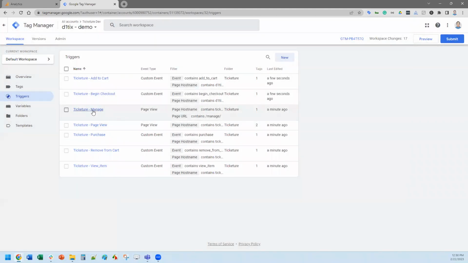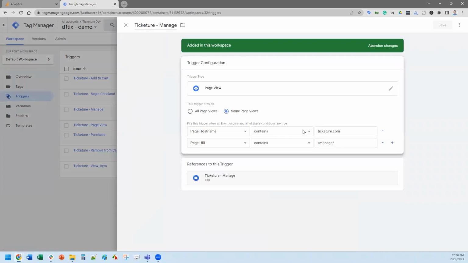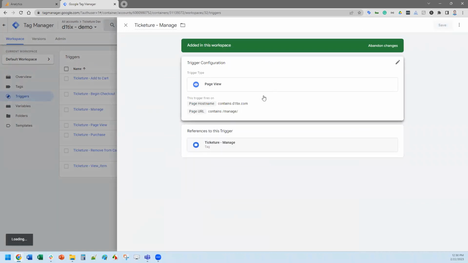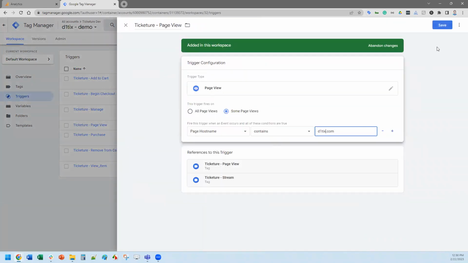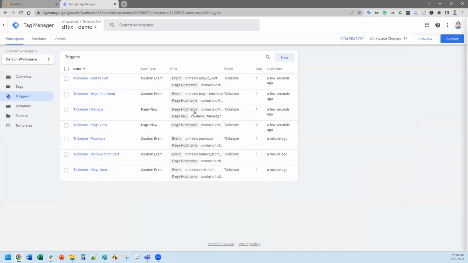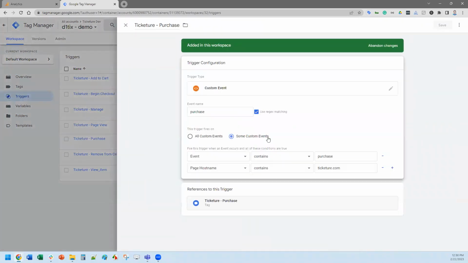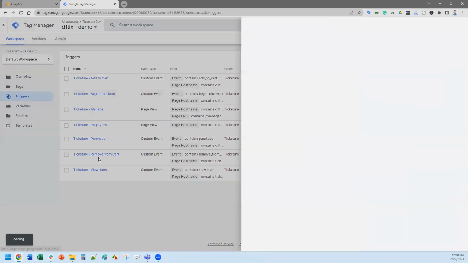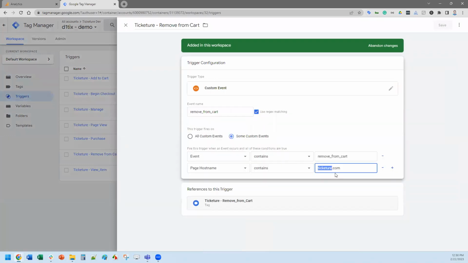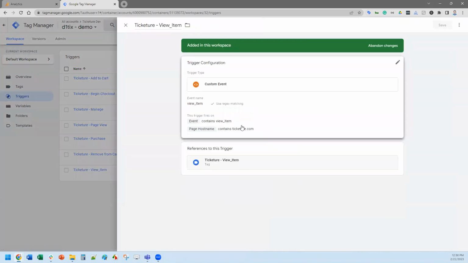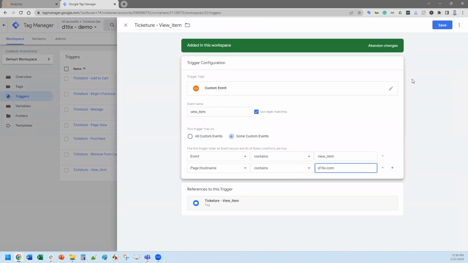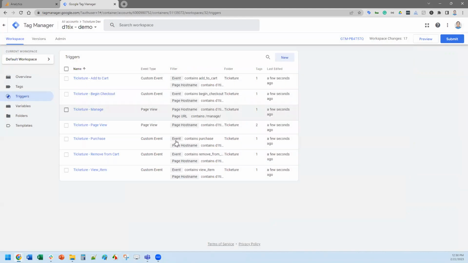You can set this up manually if you want. There are steps to do so in that KB article, but I'm a little lazy. But there has to be a better way. So I'll do these in here really fast. And you guys would just copy paste your domain in there. And last but not least, review item. So at that point, I'm pretty much ready to go.